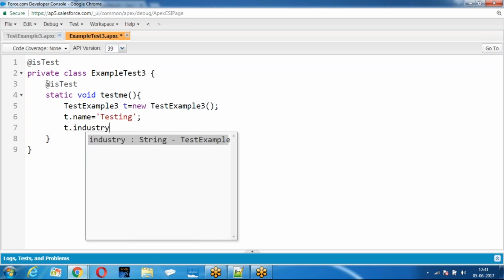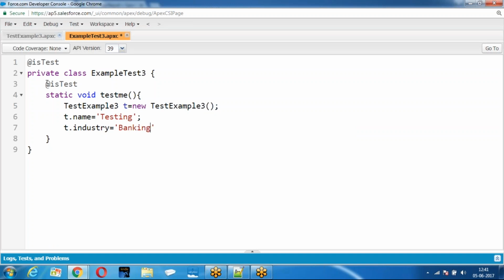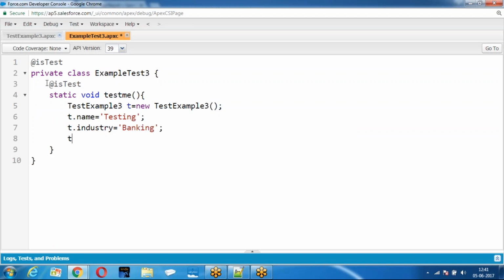T dot industry equal to banking. Whenever you call a method called create, it is going to insert one account record. So I am verifying: if the method is running properly, one account record should be inserted. What is account record? Name, phone,